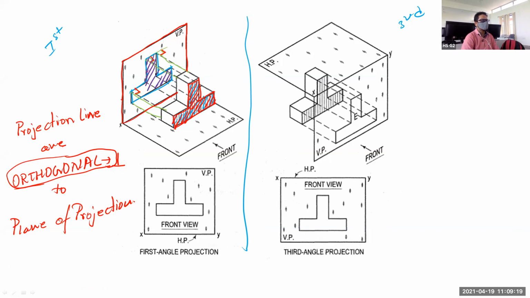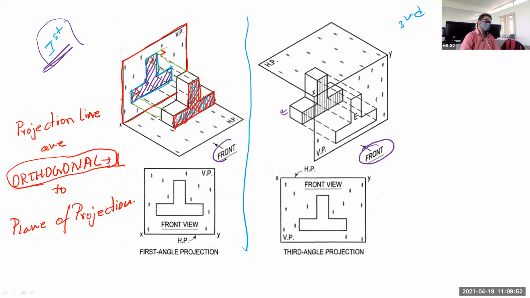So to get the true size and true shape, we prefer this orthogonal or orthographic projection method. Okay. So I hope this part is clear to all of you. Since this is in first quadrant, we call it the first angle projection method. Whereas here you can see the object is in third quadrant. This is your object and it is placed in your third quadrant. Okay. And observer is here.